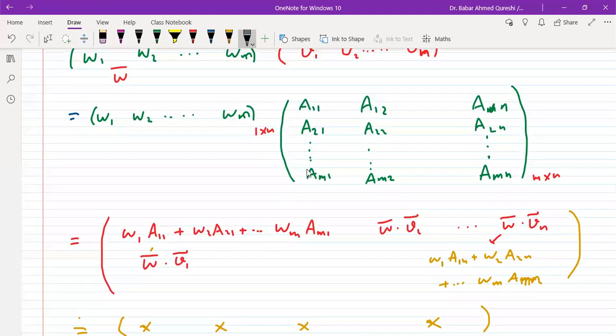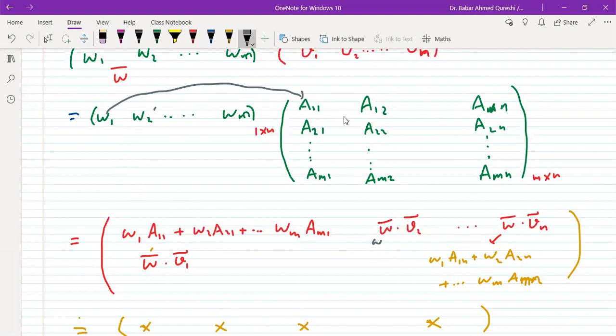So I look at this row, this first component. What's happening over here? I have W1A11, so this guy pairing with this guy, and W2 with, then I look in over here. I'm going to have a W2. The first term from over here is W,